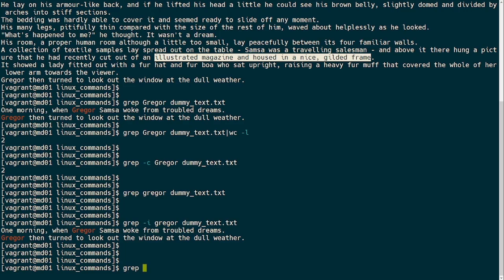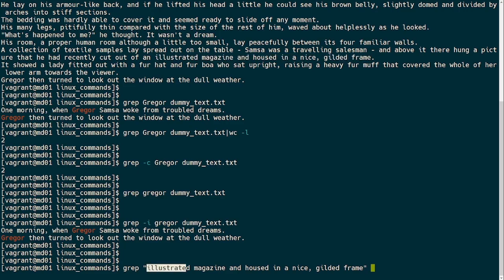So I need to bind this within a string. You are already familiar with Linux, so you know that inside the quotes it will be considered as a single string, right? On the dummy text,